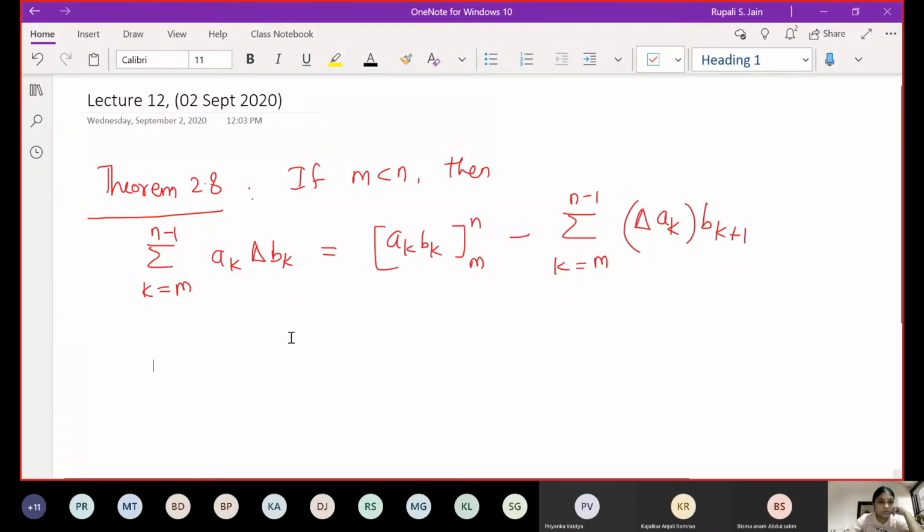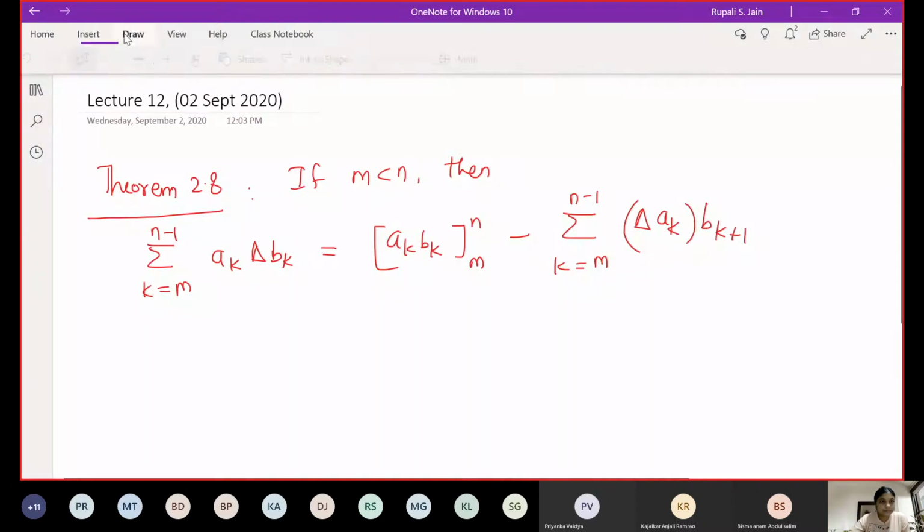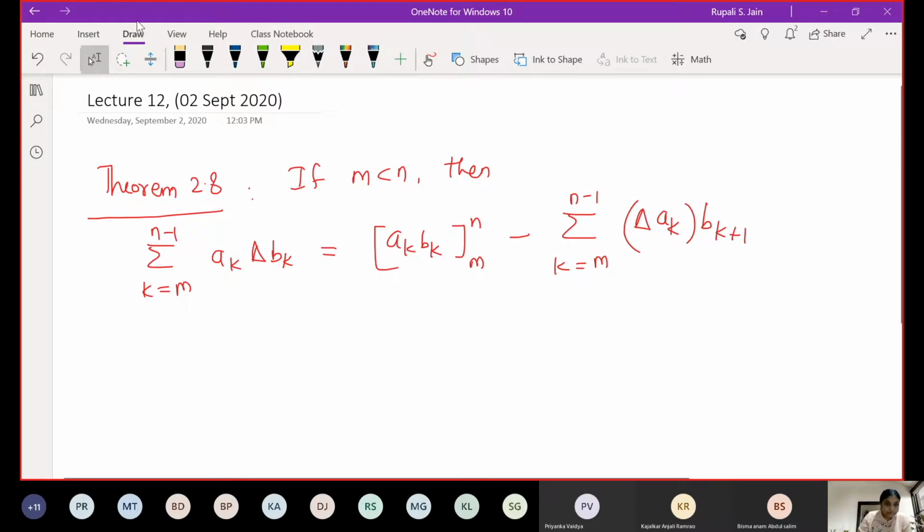So we have already proved this theorem in the previous lecture. Now we will use this theorem to find or compute some finite sums. Okay, so we will see one example based on this. Example: compute